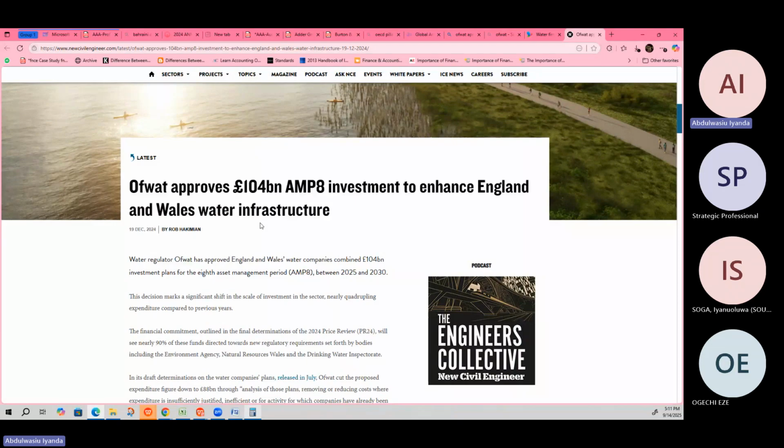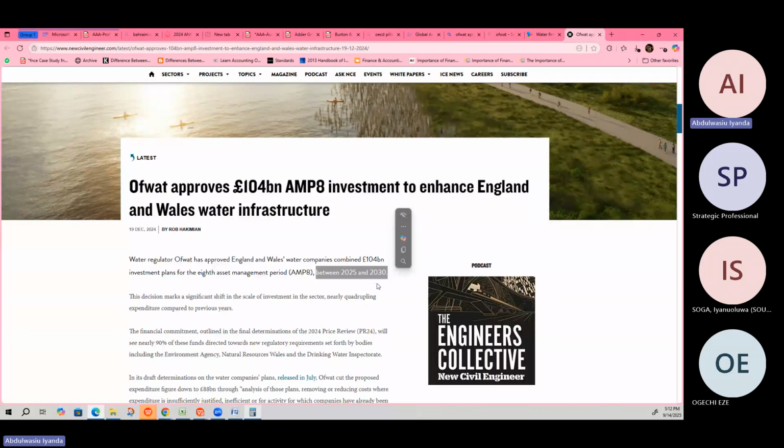So you know that for the whole of them, maybe more than 10 companies, their investments, especially on their reservoirs, are not going to be more than 0.14 for the whole of the cutoff period between 2025 and 2030. That is a cutoff. So any capital expenditure that my client is doing is bound by what the regulator gives them. And I'm very sure none of them will do above this.